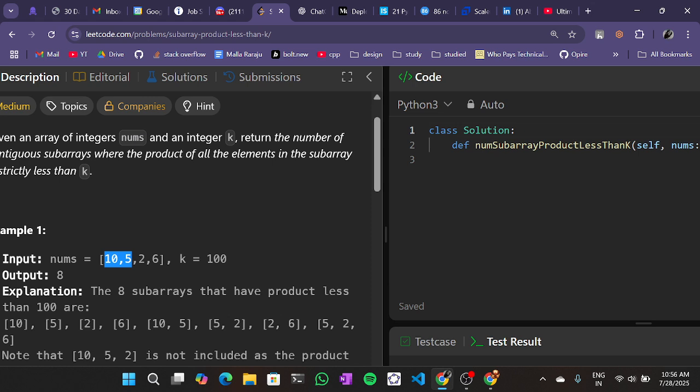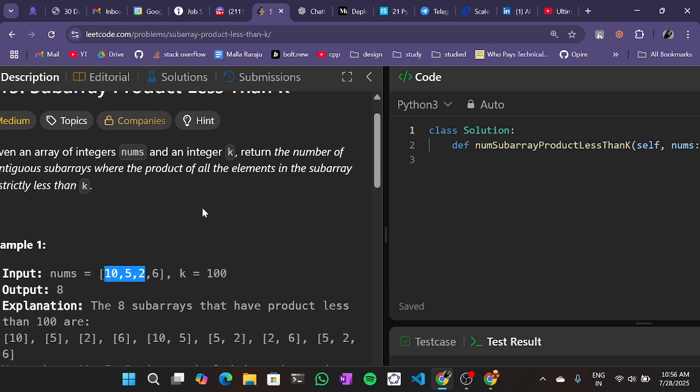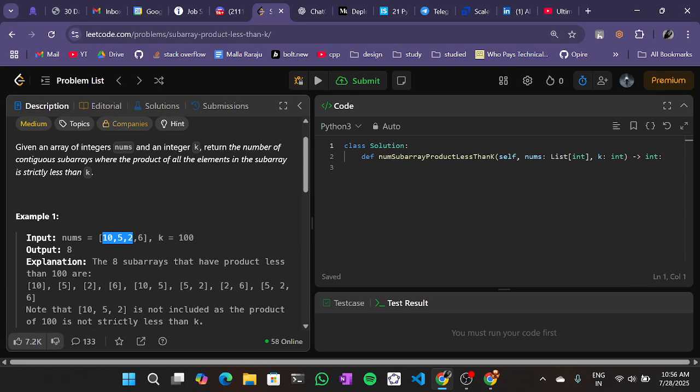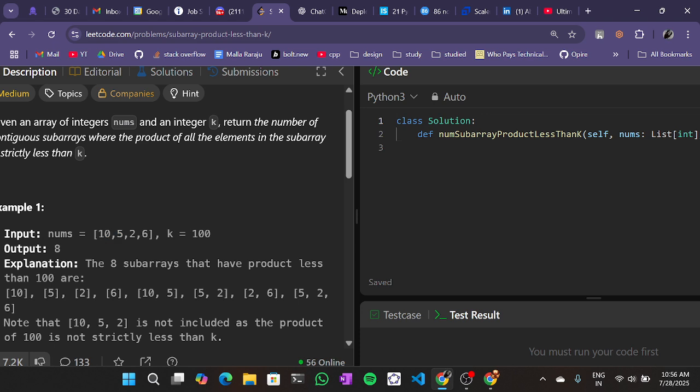So we will be going from 10 to 5, which is 50, and 2. 50 into 2 is 100, which is not strictly less than k, 100. So we consider until 10 5. So we can get a subarray of length 2 and a subarray of length 1. So total 3 subarrays until here, and we'll go to the next, 5 to 10, and